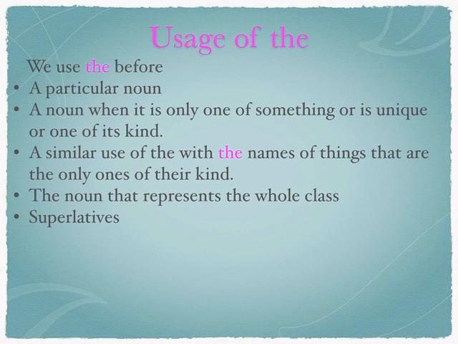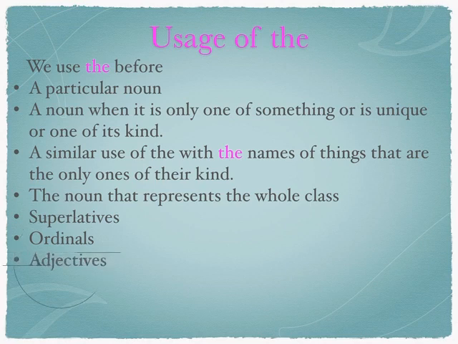For example, Safa is the tallest girl in the class. Suppose that in your class there are 40 students. So Safa is the cleverest compared to the other 39. So before the superlative form, we have to use "the". Next, ordinals. Ordinals means numbers like first, second, third, etc. So before first, second, third, we have to use "the". For example, Muhammad got the first prize in the Nazm competition. So before first, we have to put "the".